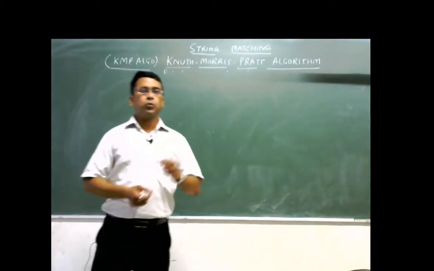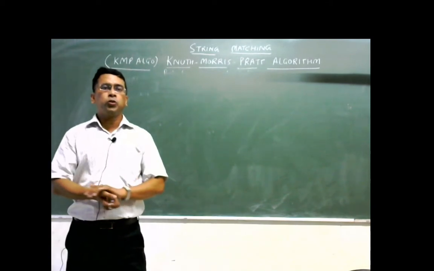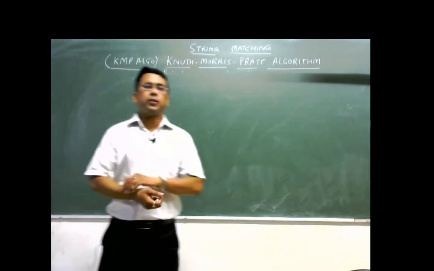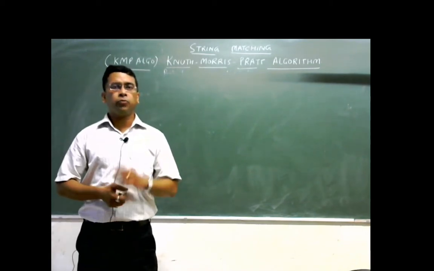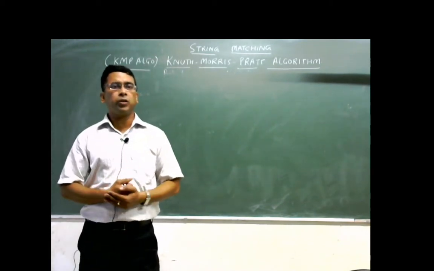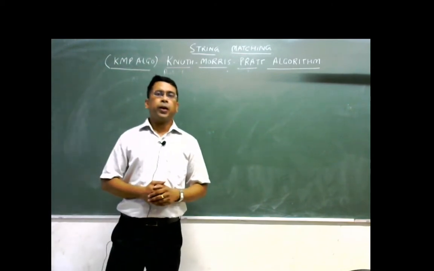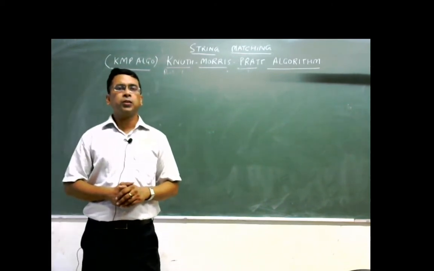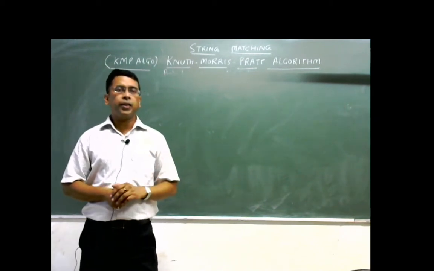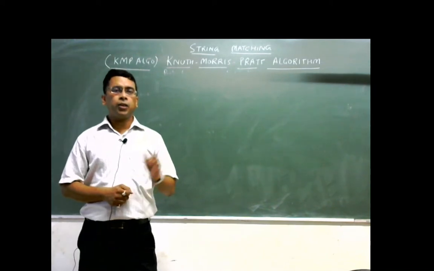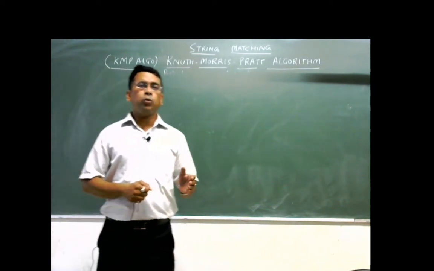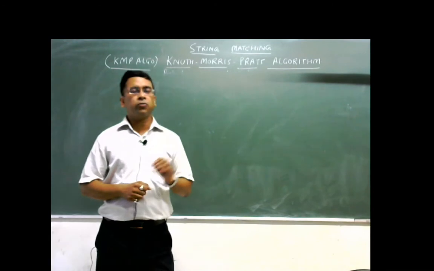Hello students. Today I am going to teach you about the Knuth-Morris-Pratt string matching algorithm. This matching algorithm first of all computes the prefix function for the given pattern string. By computing this prefix function, the algorithm gets an advantage that it can avoid certain matching positions and it can jump over certain text without losing any possibilities of match.